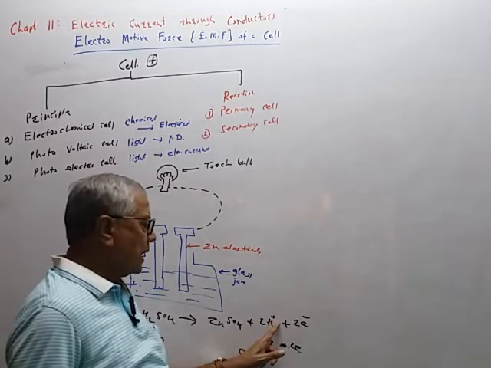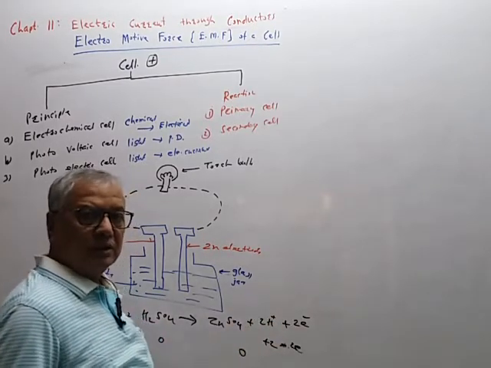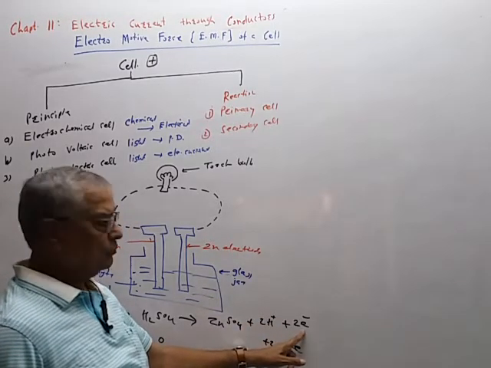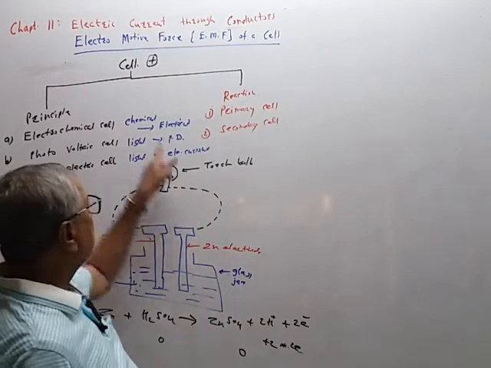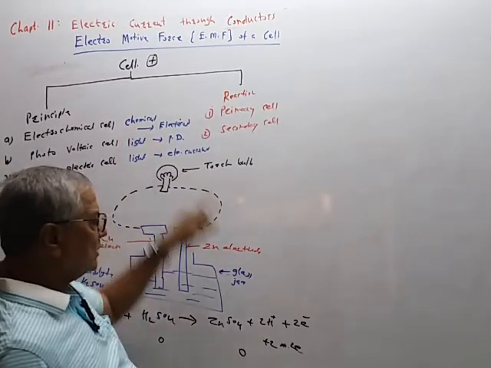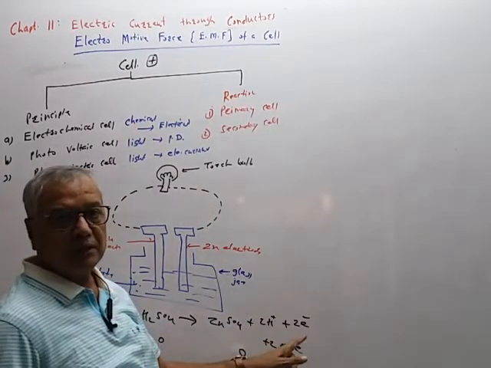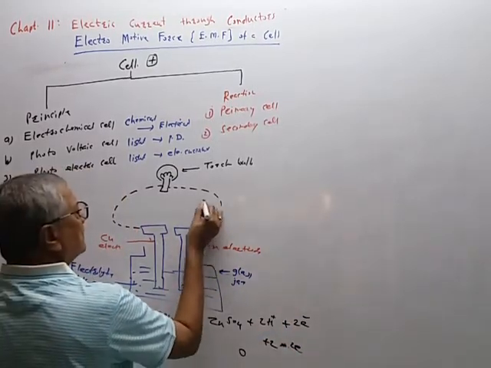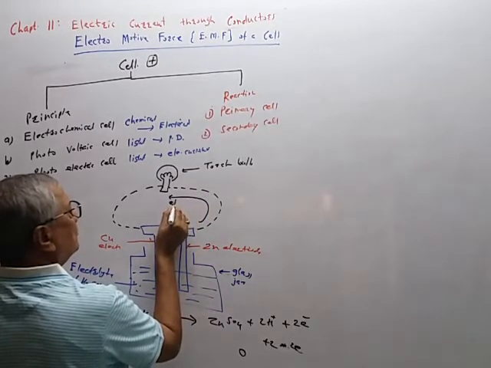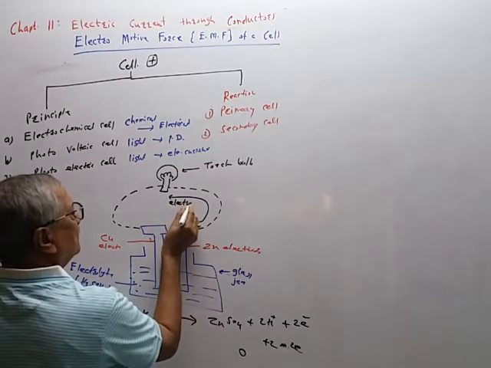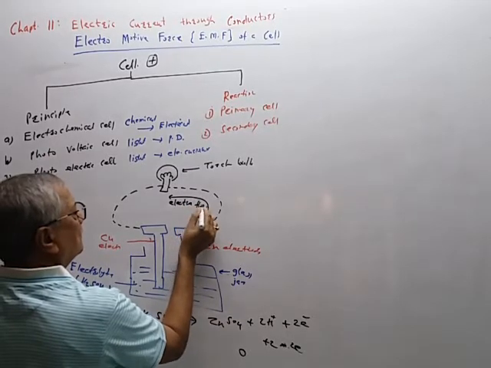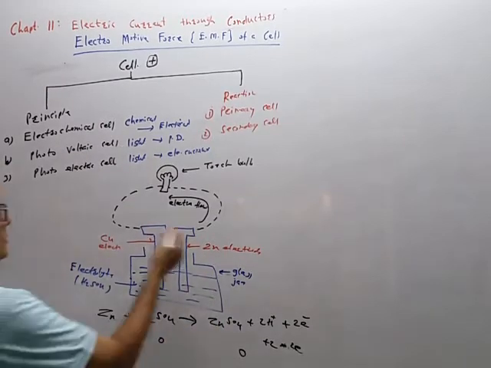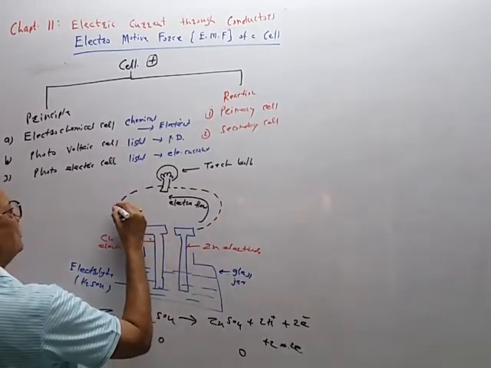So these hydrogen ions are produced in the form of bubbles, and these 2 electrons are liberated. In this reaction, some chemical energy is liberated, and this energy will supply energy to the electron, and therefore the electron circulates in this direction. So this arrow is the electron flow. The electron flows in this direction, and therefore the current flows in this direction.